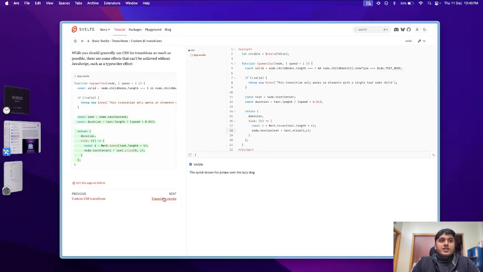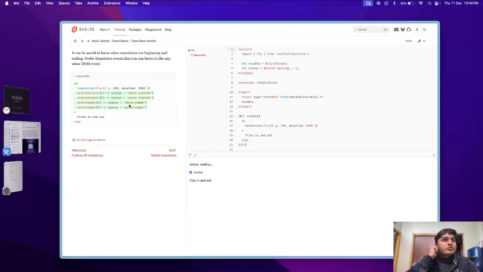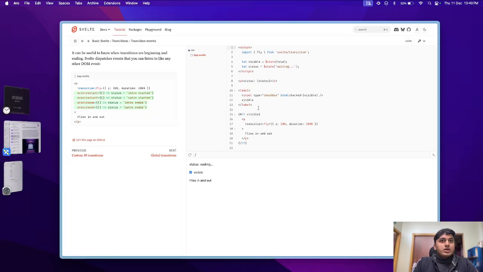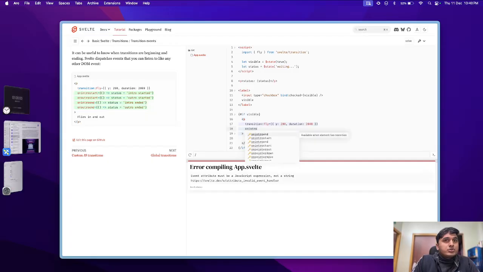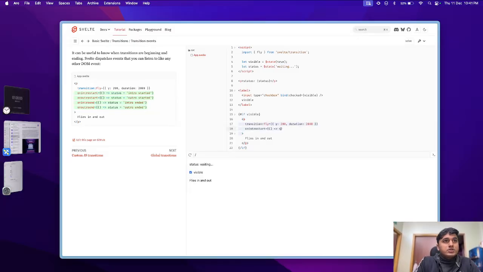Interesting. So it's giving the power of JavaScript. It can be useful to know when transitions are beginning and ending, so Svelte dispatches events that you can listen to like any other event. So here we had a transition fly like this. So on the similar intro start, we have which returns us a function wherein you could just say status is equal to, let's say, intro started, right? Similarly, we can copy this,